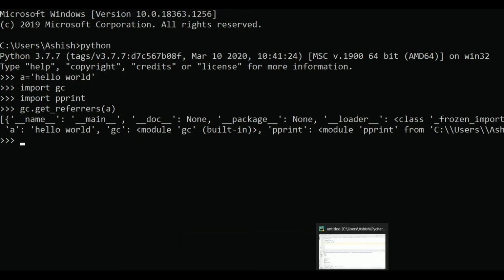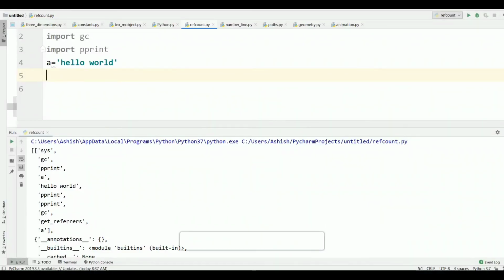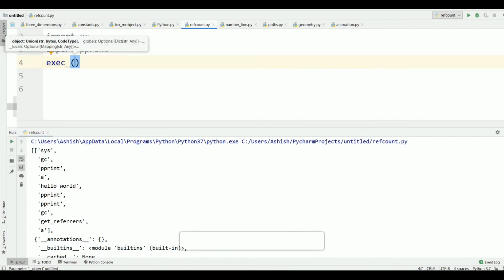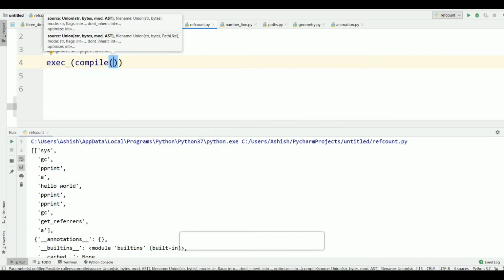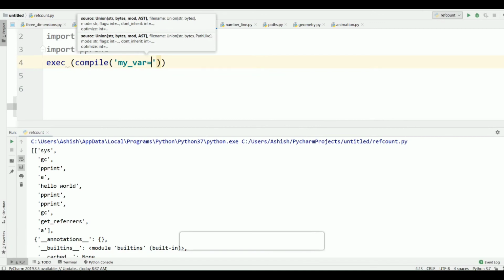To overcome this, let's switch to PyCharm. Now we only compile that code, not all the strings. So we use the inbuilt function exec. What do we want to execute? Compiled code. So compile, and the code to compile is given as a string: my_var equal to hello world.